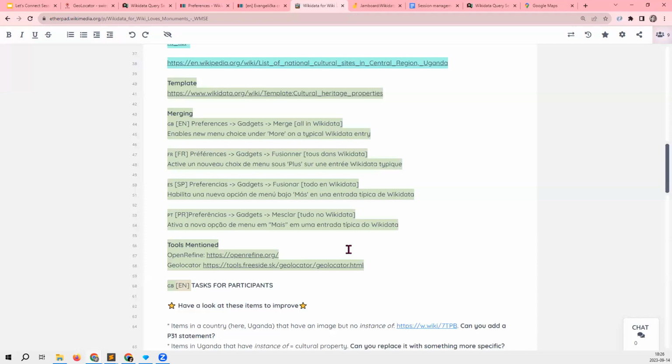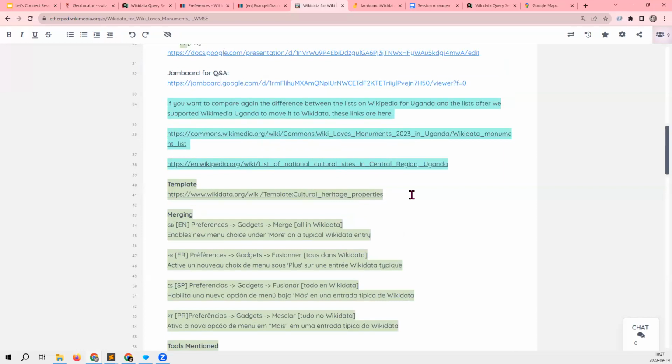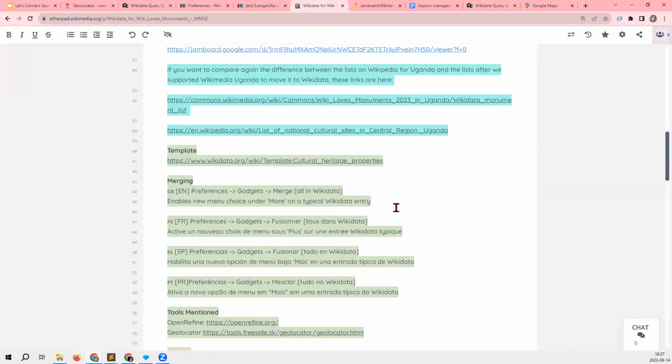We also have something on how to merge. There is the procedure on how to add that gadget to your Wikidata. We also have some tools that we mentioned, like OpenRefine and the geolocator.